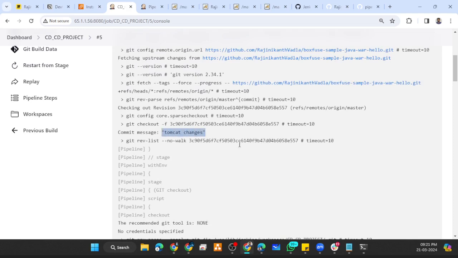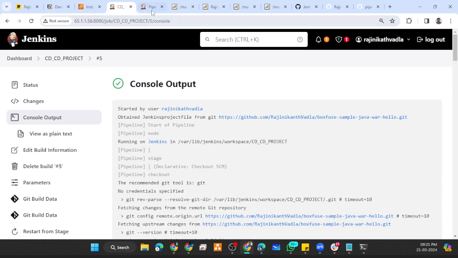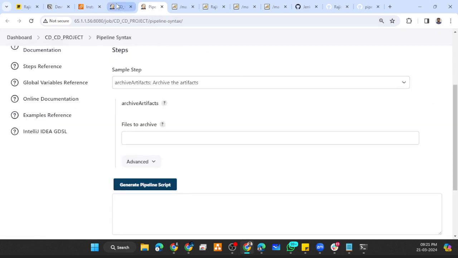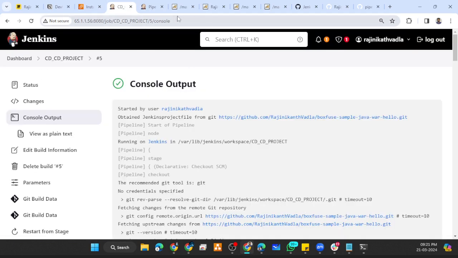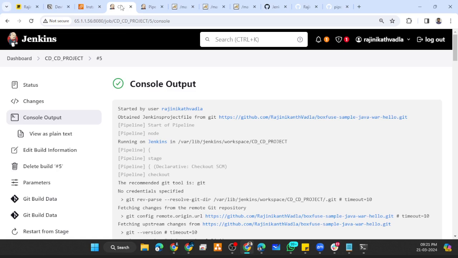Some Tomcat changes. Refresh, refresh. Control F2. Okay, fine. To identify, let me do it with the